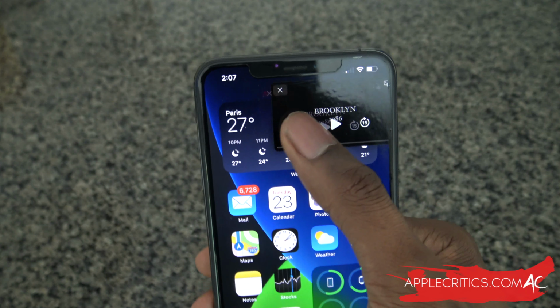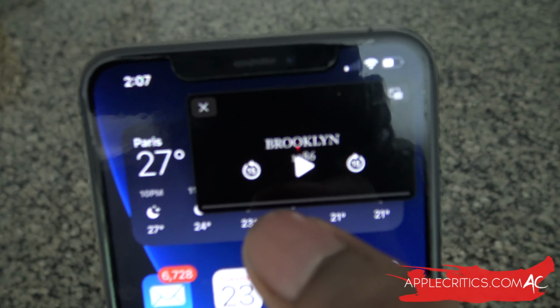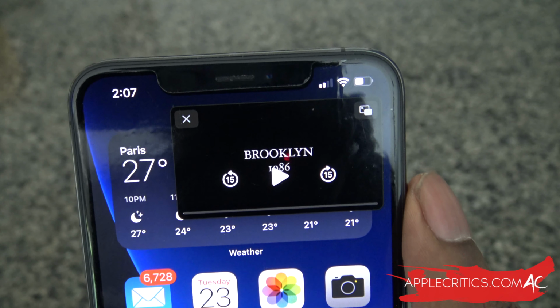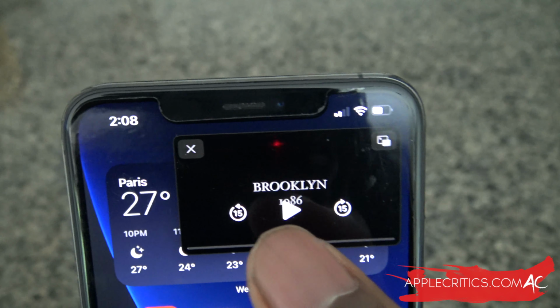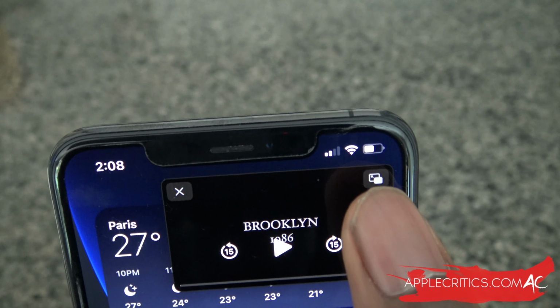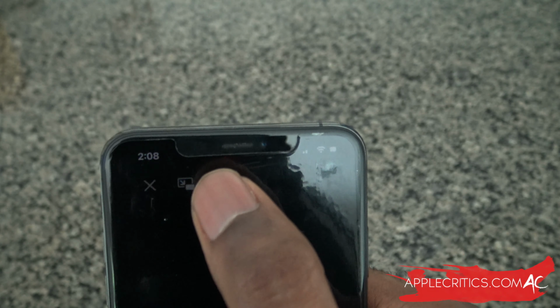So you could go ahead and move it. You can put it in each corner. You can put it in the other corner. And then we have the same controls. So we have the control for 15 seconds rewound, and then we can fast forward 15 seconds as well. Then you have the X just to X out of the picture-in-picture, and then you have this to make it full screen. So if we tap on it, we're full screen, and then we can just simply go back to